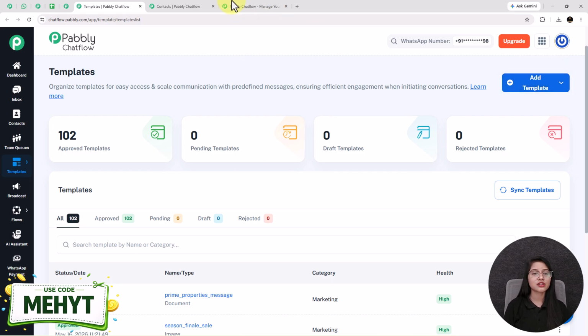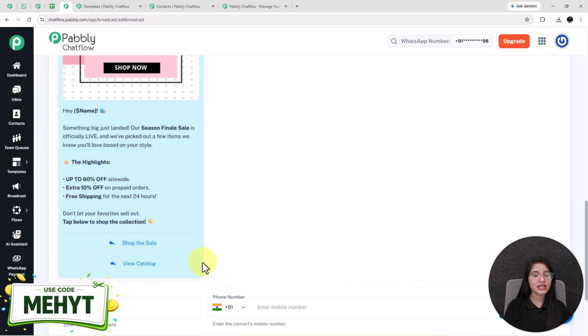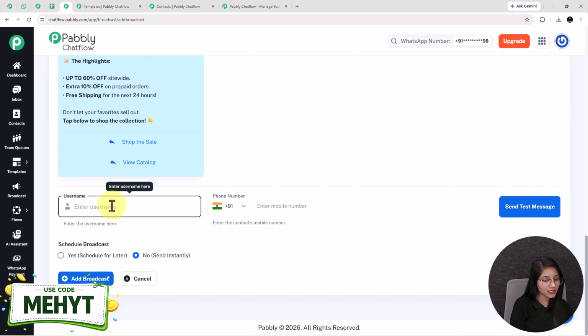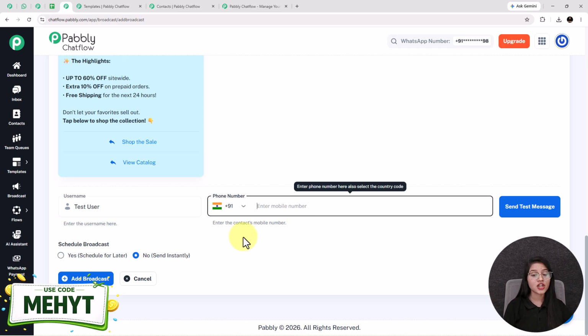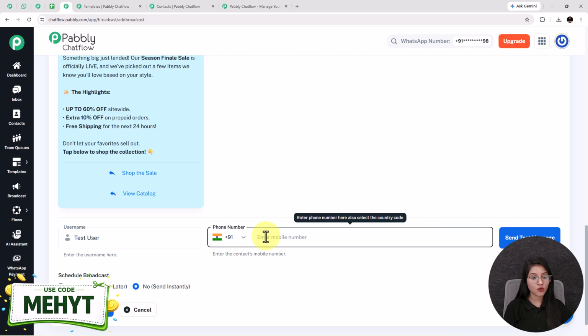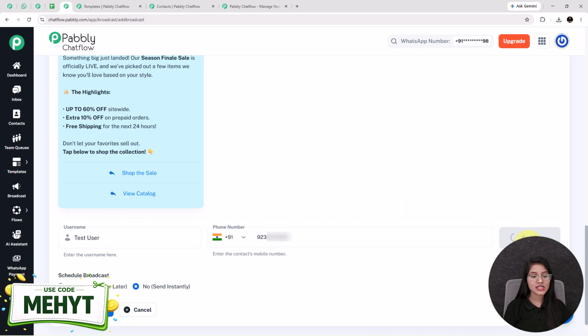Now we will go back to the setup of our broadcast message. After selecting the template, I am going to enter the username as a test user and entering my number in this field just for checking that this broadcast is working perfectly or not. After entering my number, I am clicking on the send test message button and see it says that test broadcast